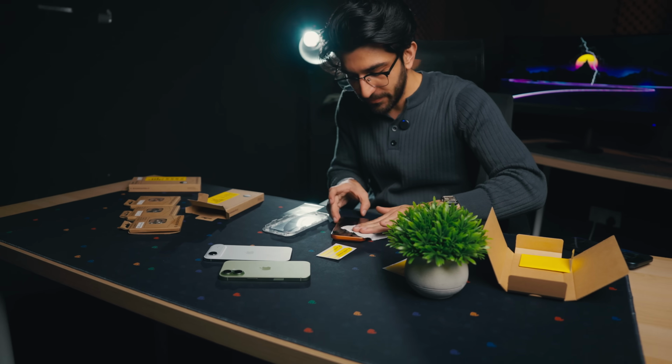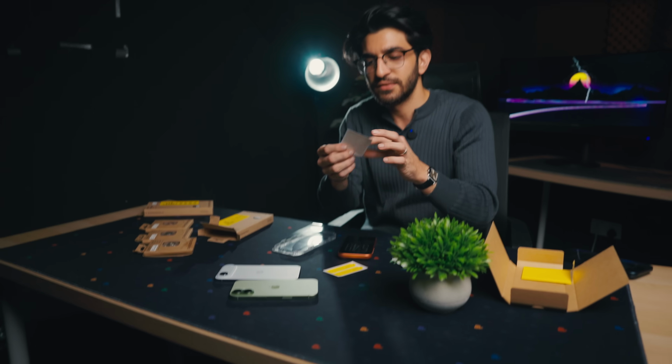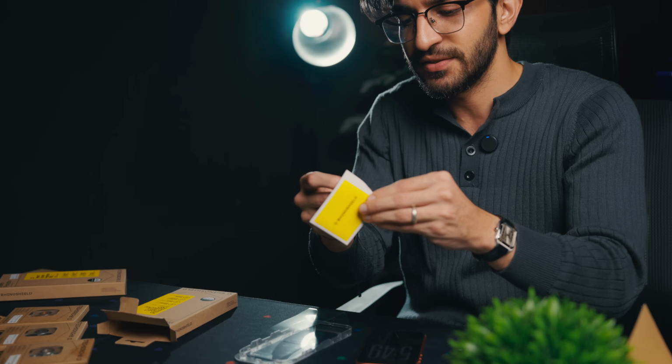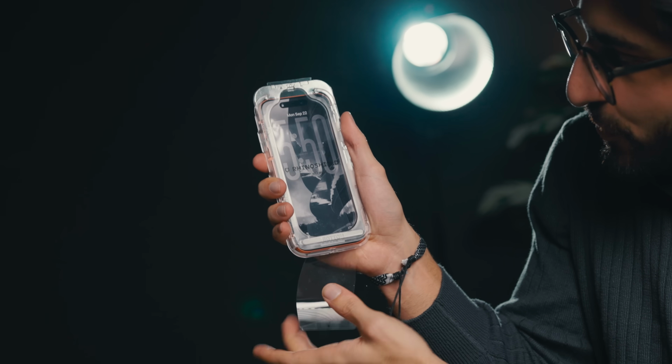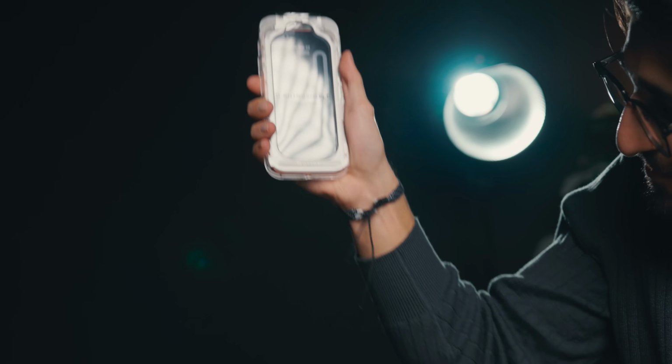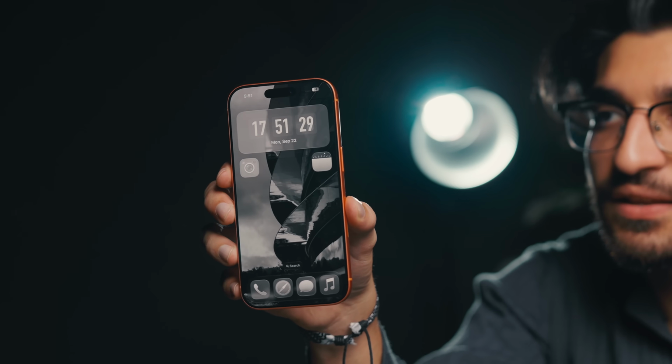Okay, so you can wipe it, and then they do give you the dust collecting sticker thingy. And then pull. And boom, just like that. Screen protector installed. Very fast, easy, and you have all the tools you need right there in the box. Same goes for the Pro Max. Again, I've put it up here and you just pull,